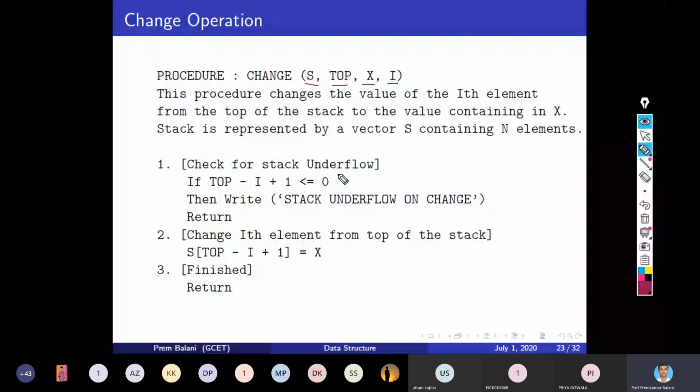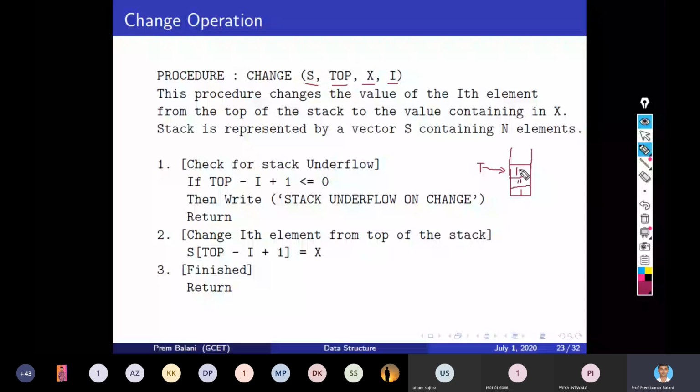Suppose there are 3 elements in the stack. Suppose this is my stack, and this stack has 3 elements, and my top of stack is at the third location: 1, 2, and 3.